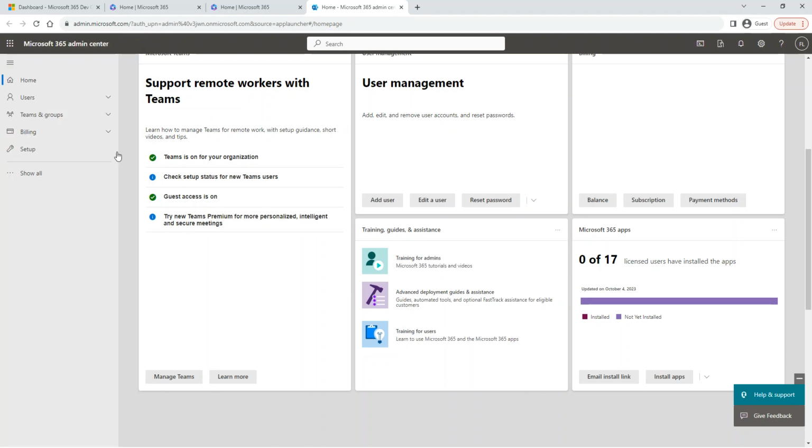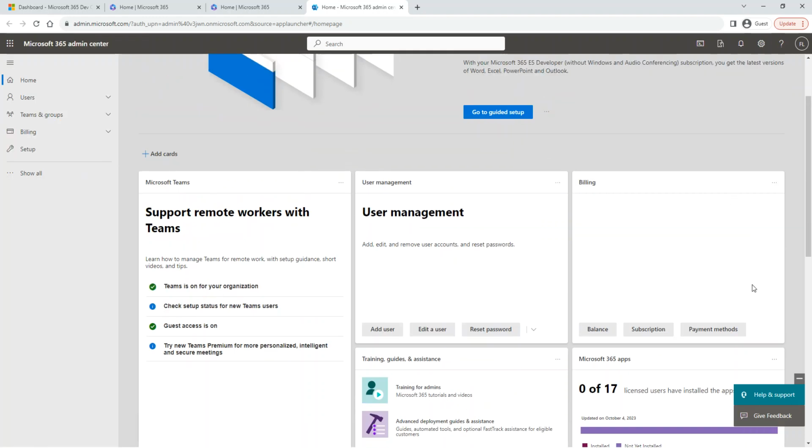Here we have billing. We don't have any balance. We're not going to pay any payment or associate any of that. That's going to show zero all the time. User management: you can add a user, you can edit an existing user, you can reset people's passwords for all of the 17 users. You can go ahead and change their password if you want to. You can edit their names and stuff. For example, I'm going to change my name in a few seconds.